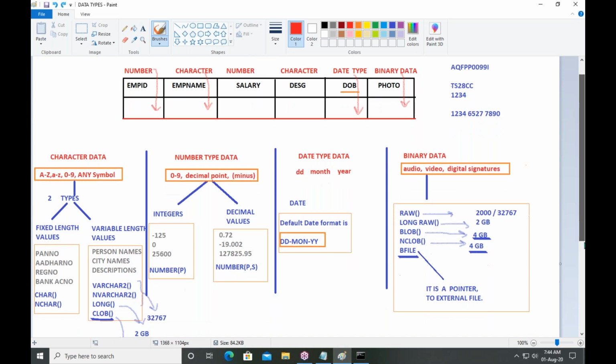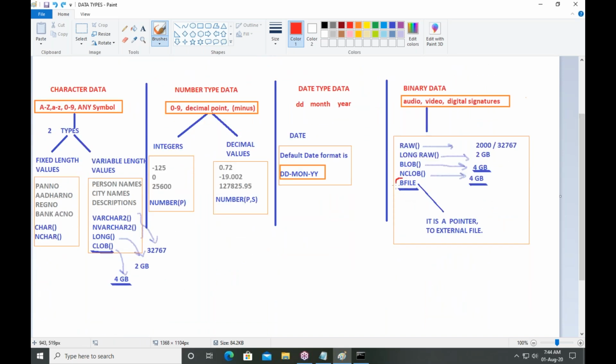And last, BFILE, binary file. What is binary file? It is a pointer to the external file. External file means you need to observe one point, all of you guys. See, CLOB will store a character value with the maximum size 4 GB.